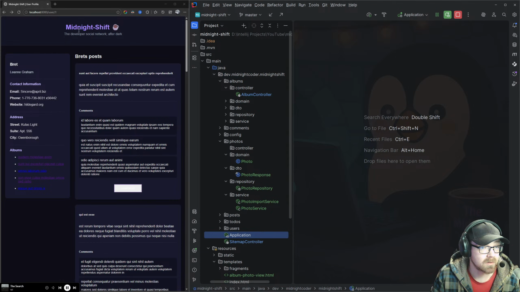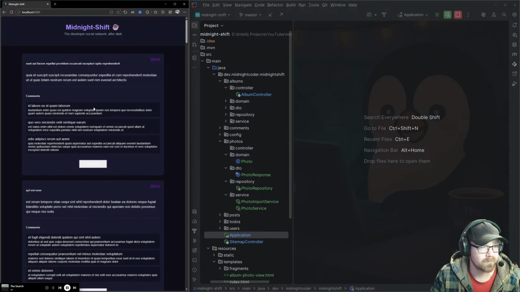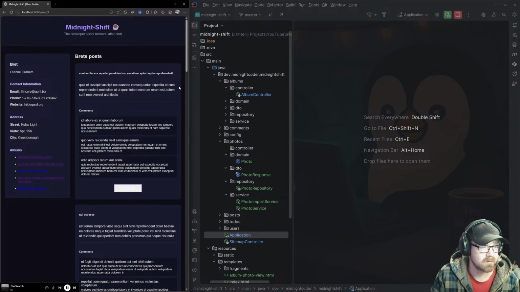I suppose I could clean up this. I could make this bit hyperlink back to the home page, quote, home page. Because we go from here to the individual user.